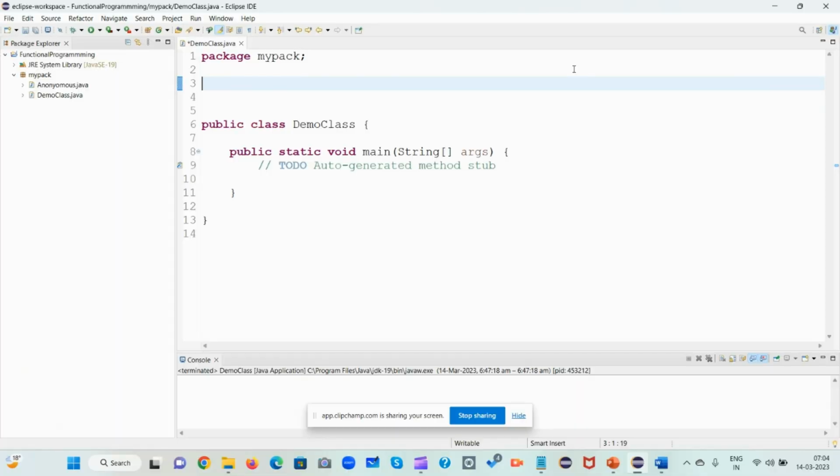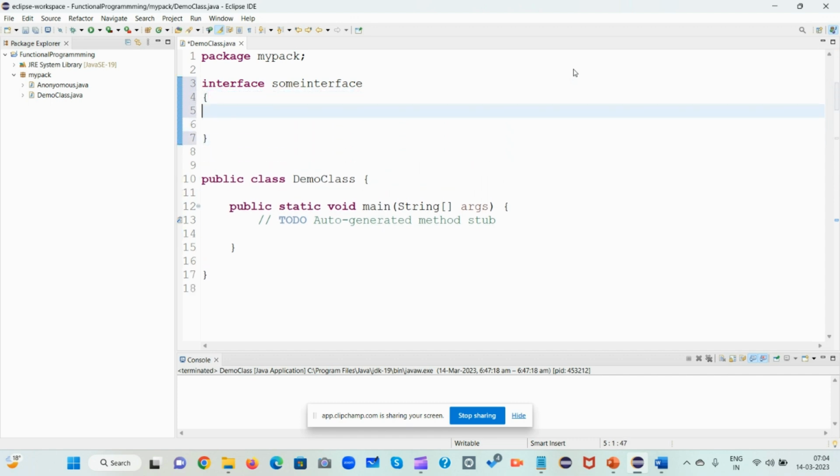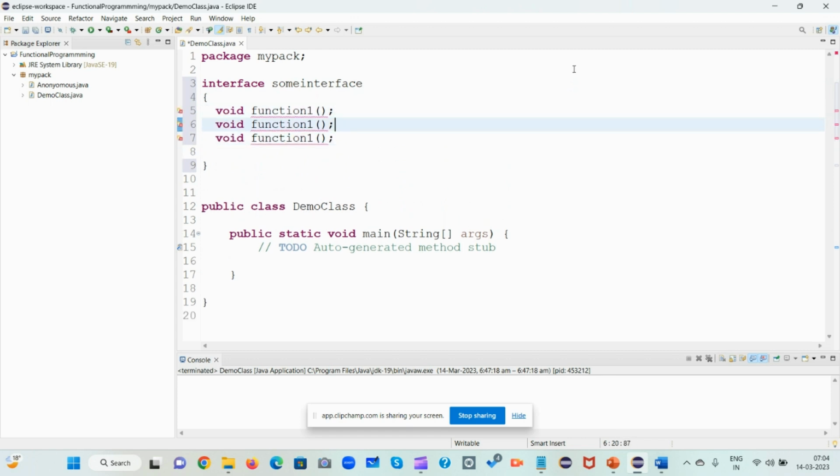To see how the functional interface works is actually very simple. Let's say I'll define an interface, some interface, with certain methods. Void function1, function2, and function3. As long as it is just a normal interface, it is fine to have as many abstract